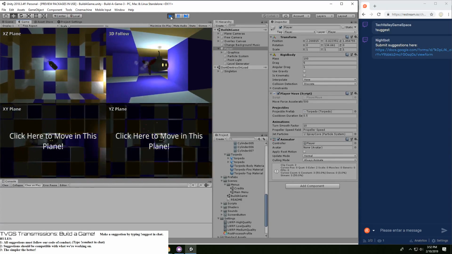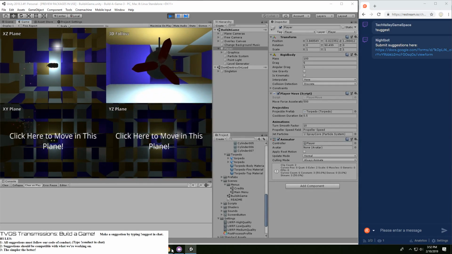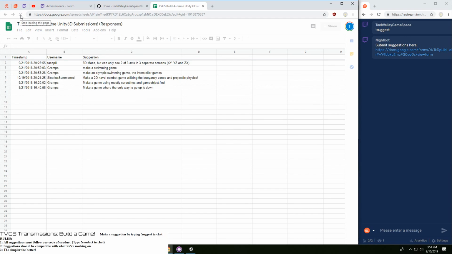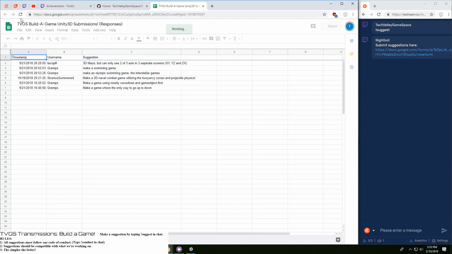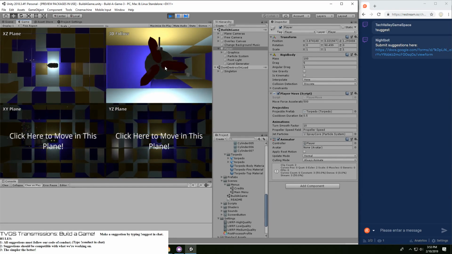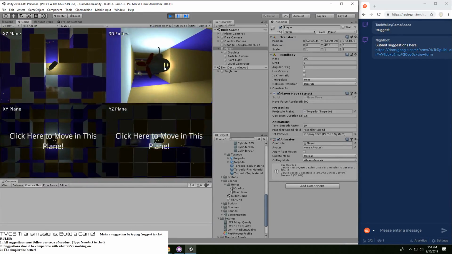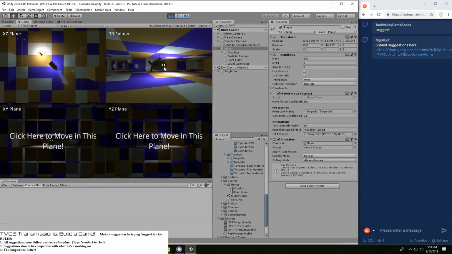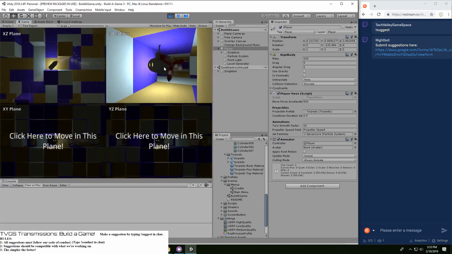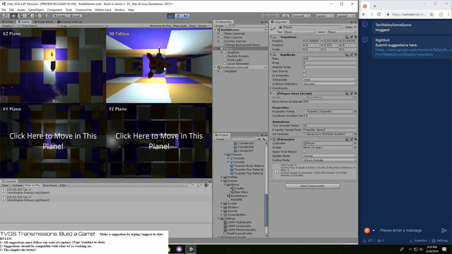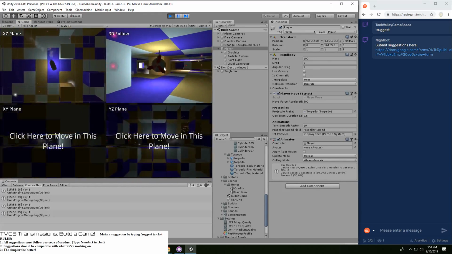Well, let's see. Any suggestions so far online? I'm not seeing any suggestions here. Well, I guess it's time to get a little creative in what the heck I want to make here. So first off, I want to make sure that there's a little more juice in actually busting through some of these boxes. And there's definitely more juice that can be used for the torpedo being launched as well, because by itself it just doesn't feel all that cool.